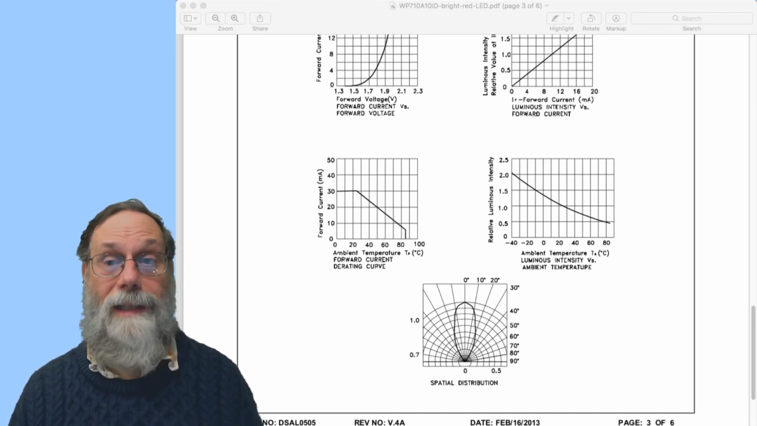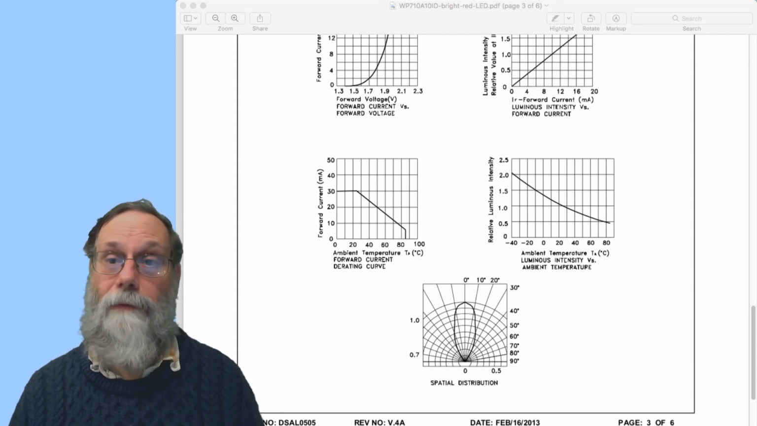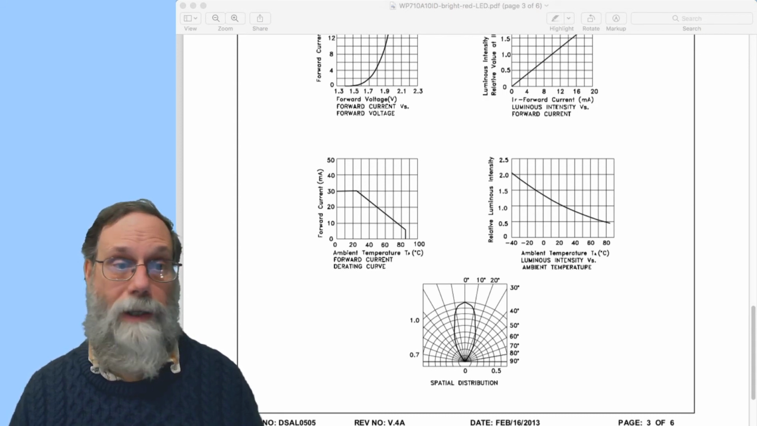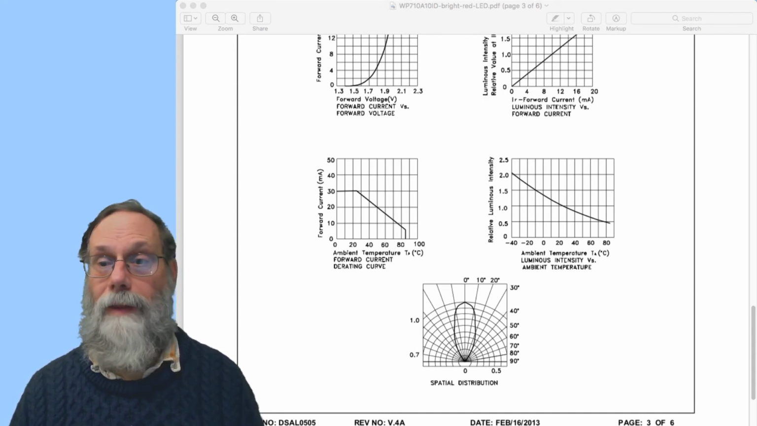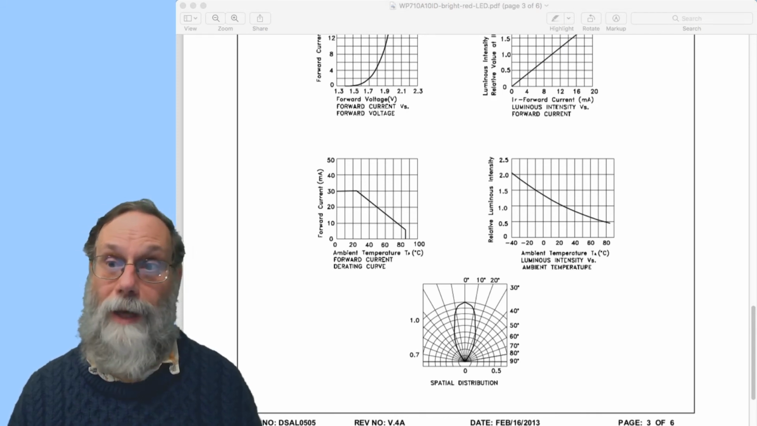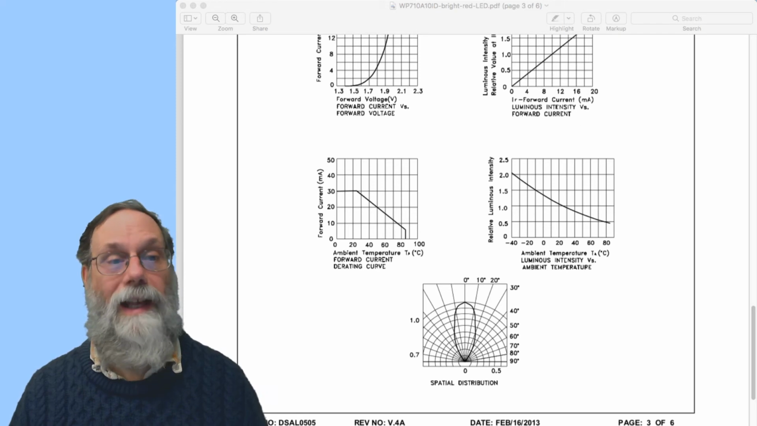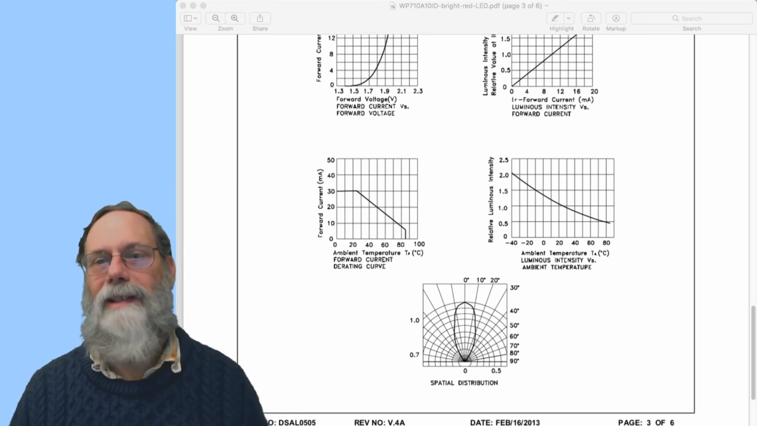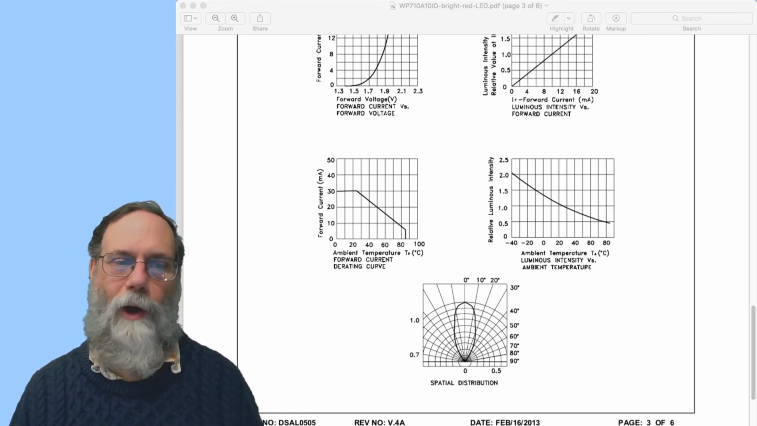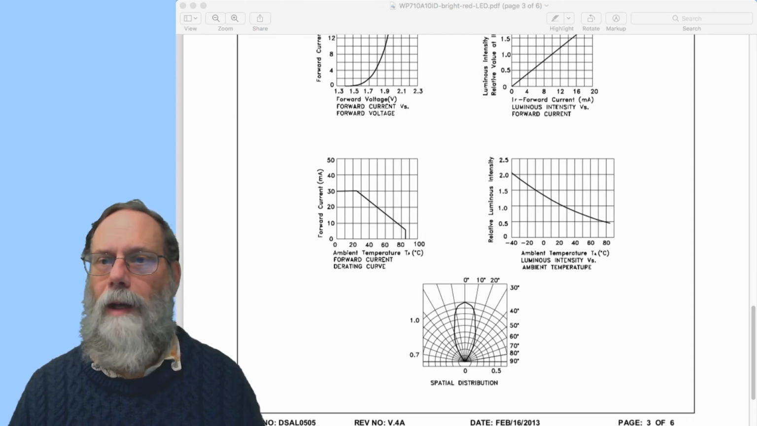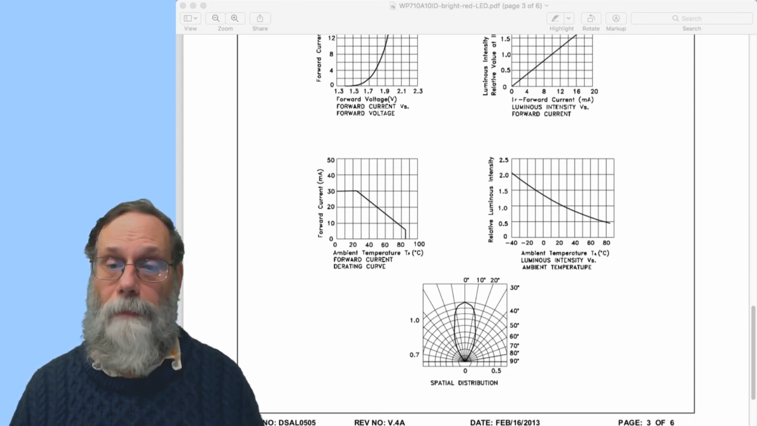This package had a little lens at the end, and that focuses the LED into a fairly narrow beam, and that curve here shows you how narrow that beam is, basically how bright the luminosity is as a function of how far off angle you are from straight on. Okay, so that's about all I really wanted to show you about this data sheet, but I did want to